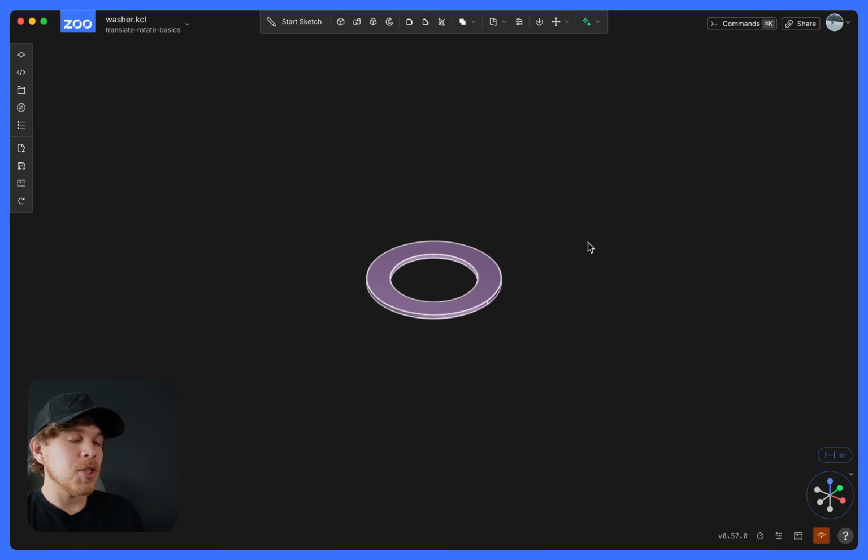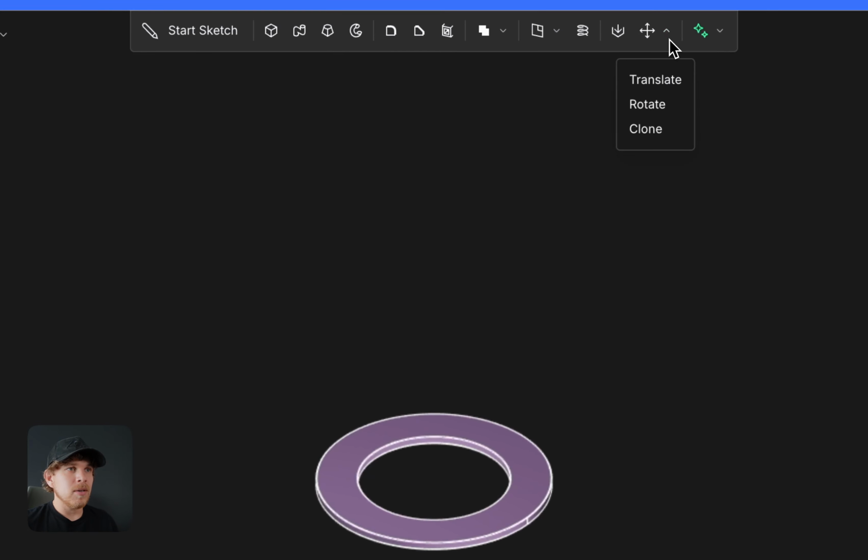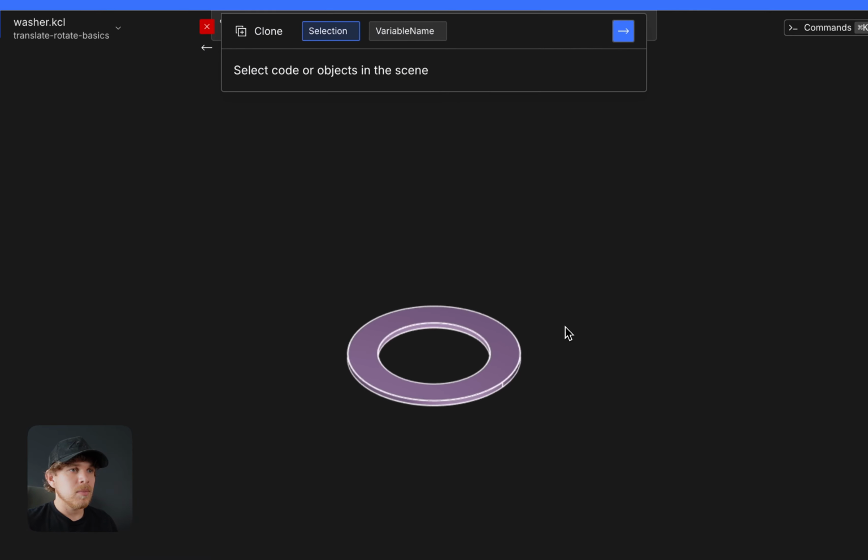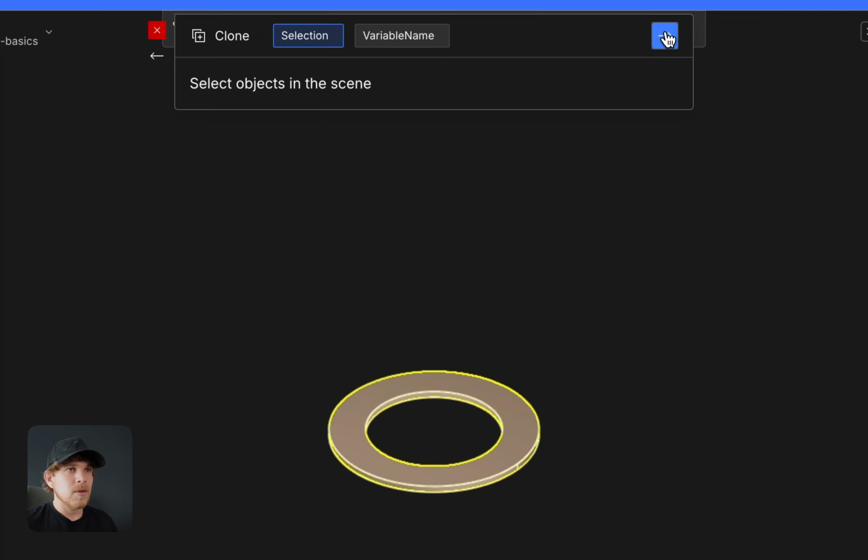In this video, I'm going to show the basics of how to create a clone in Zoo Design Studio. Clone is very similar to duplicate or copy that you may be used to in other traditional CAD software. To do a clone, you're going to go up to this drop down right here, select clone, select your object,